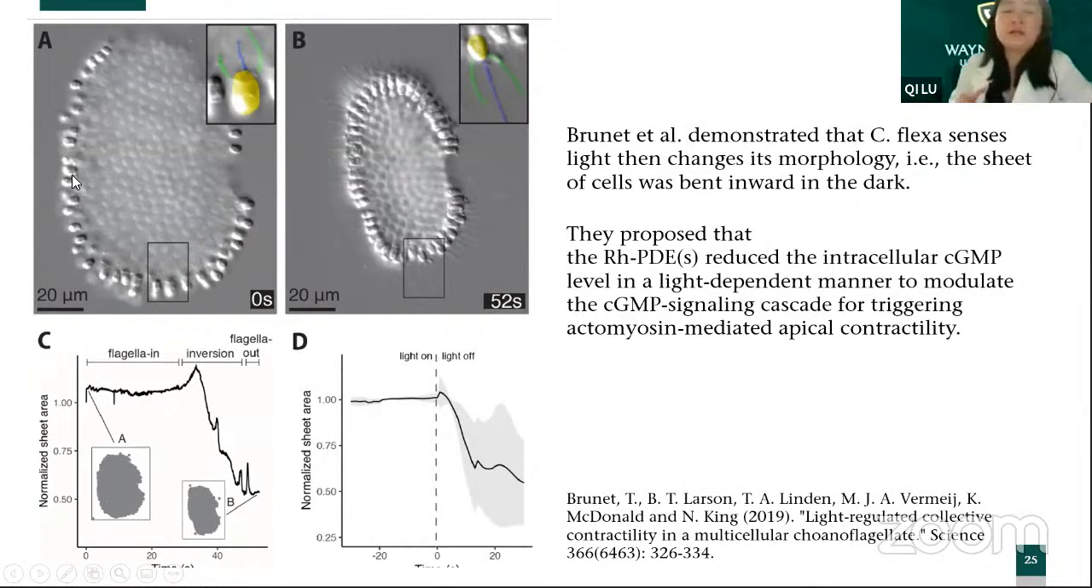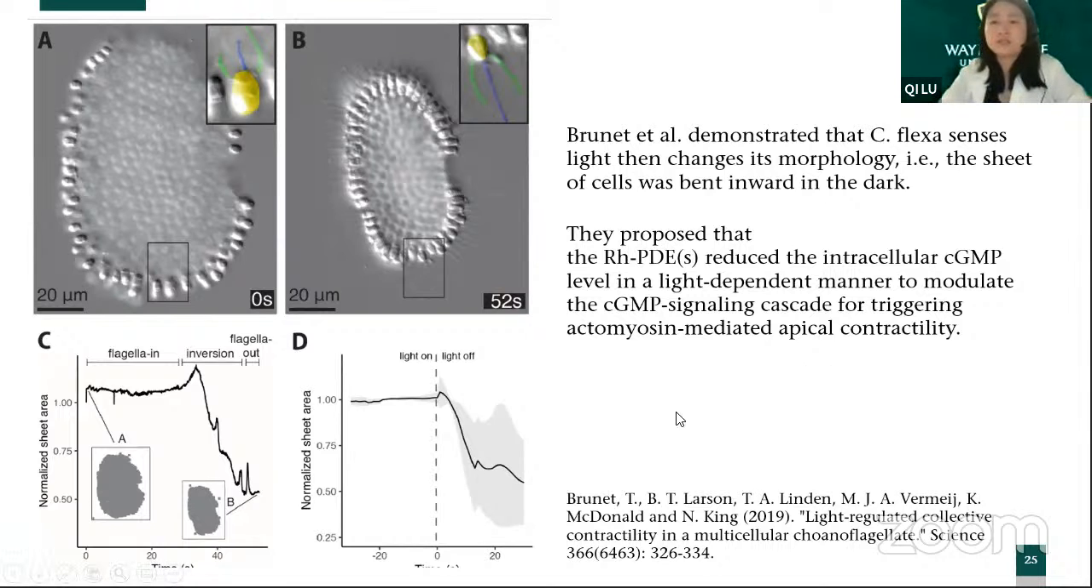And it's so interesting that in the dark, they prefer to form a structure, this group tends to keep the flagella inside the colony, and after shedding the light, they change the whole morphology of the colony, and the flagella go towards the outside. So this light-dependent change of function is considered to be light dependent,